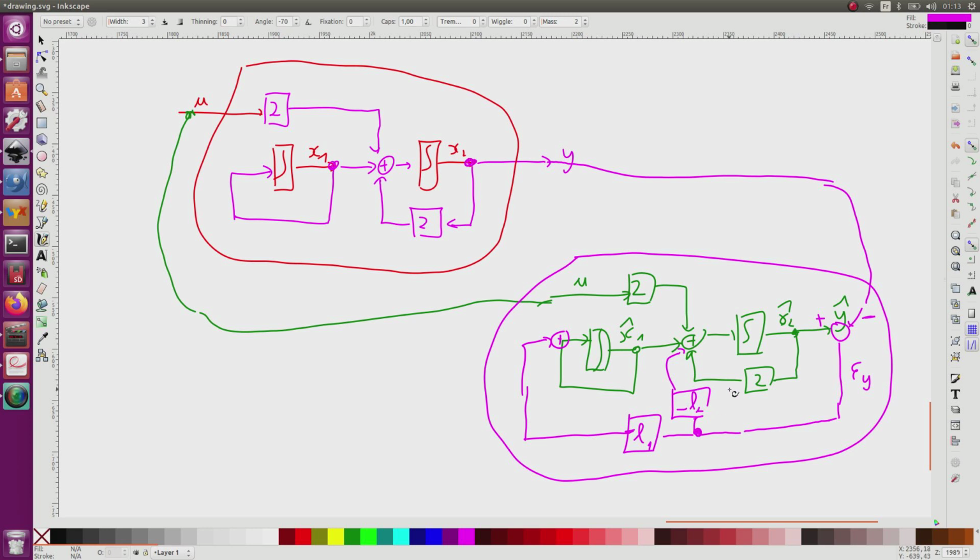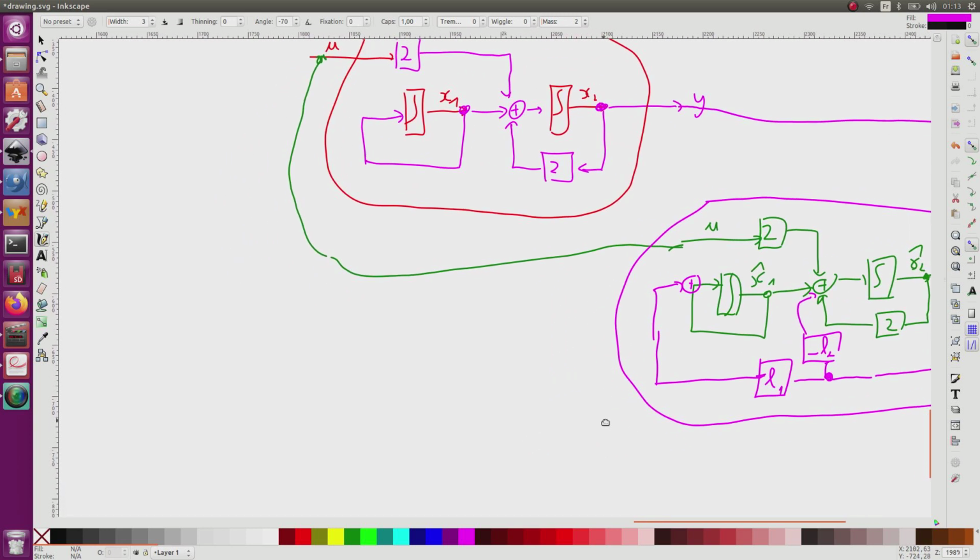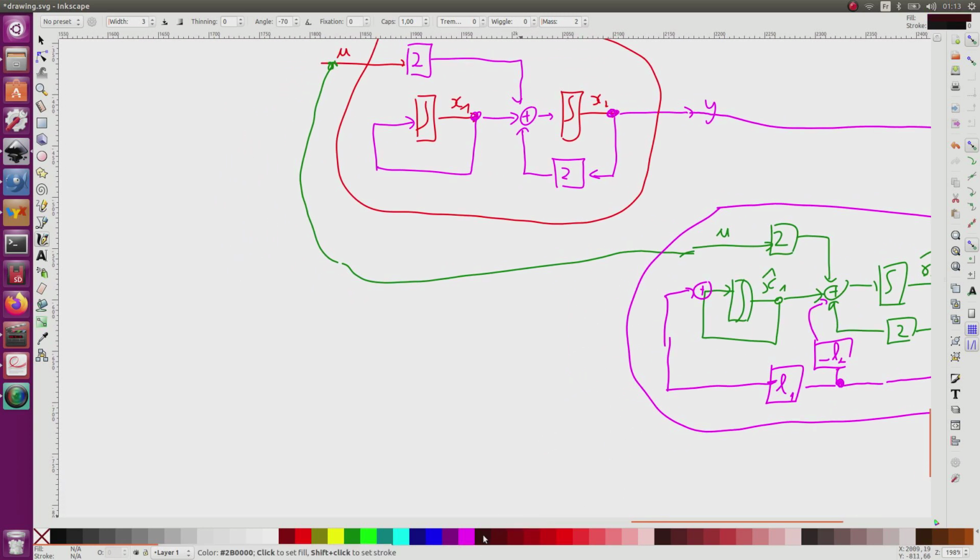So it's often simpler to deal directly with matrices. The initial system is described by x dot equal Ax plus Bu, and the same for the other one is x hat dot equal A x hat plus Bu minus L, the matrix L1, L2, multiplied by C x hat minus Cx.